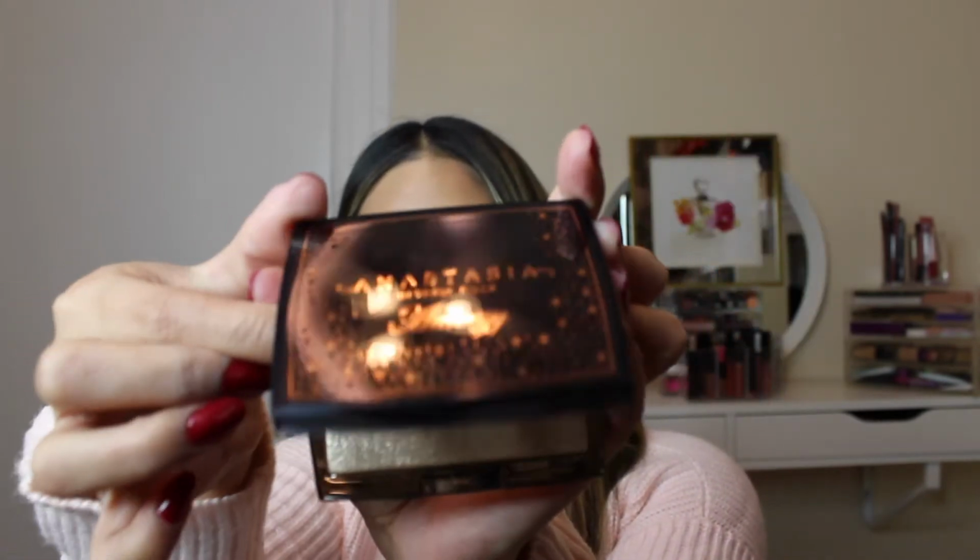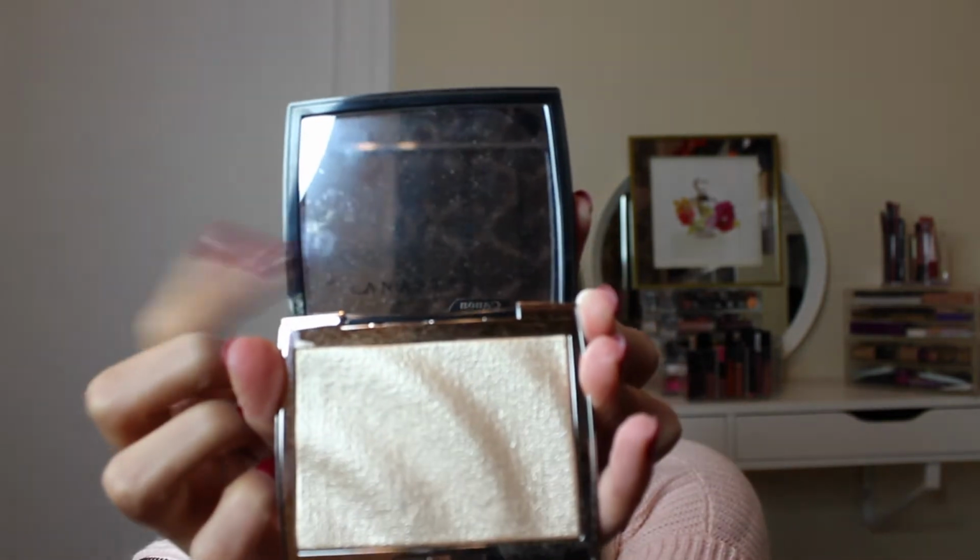Going into the highlighter, I mean, it's just amazing. This is what the actual product packaging looks like. It does come with a compact mirror, and the shade itself is really pretty. I feel like it can work really well in different skin tones. And I use it as more than just a highlighter. I used it on my eyes as well in this tutorial, so you'll be able to see how I used it. I have nothing but positive things to say about these products, so if you are thinking about getting them,